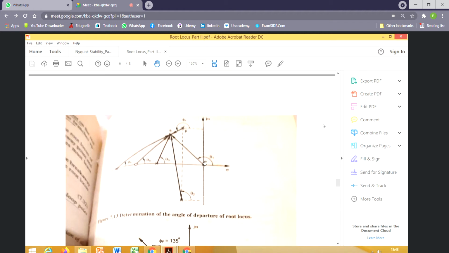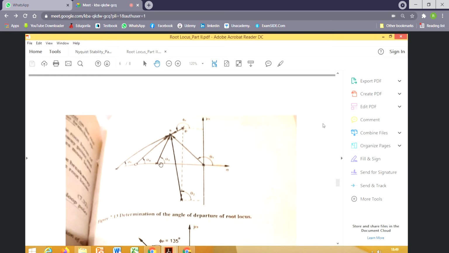Now, if I consider this real open loop pole, then the root branch will move along this particular direction because this is the on-locus segment. So the root branch will move along this direction. As per the definition of angle of departure, the angle of departure in this case is 180 degrees. Similarly, the second root branch will originate from this real open loop pole and move along this particular direction. So the angle of departure, do you have any question?